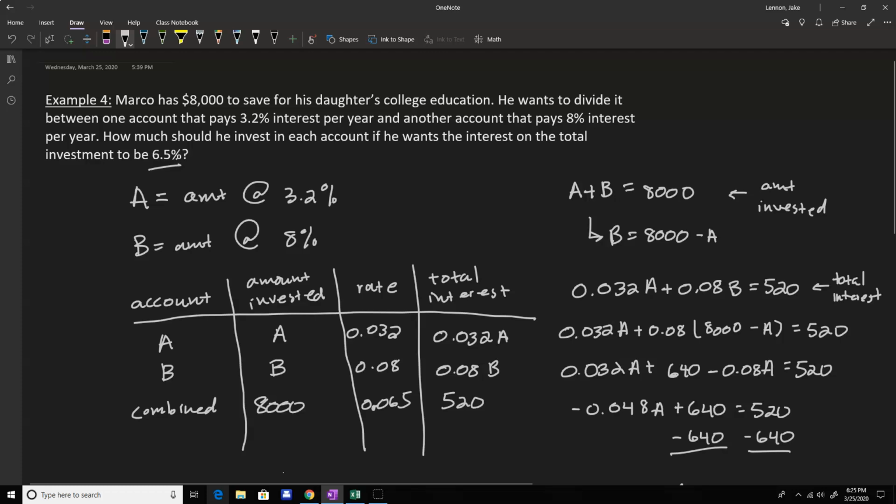We started out by naming our variables, then organizing the things into a chart, which typically had three rows, because we would have the separate things, and then usually they're combined in some fashion. Hence the mixture. We're mixing the two quantities to come up with a third quantity. From those, we can write down two equations. Once we write down the two equations, we need to combine them, which we were doing by substituting. Once you substitute, we end up with a linear equation with just one letter that we can go ahead and solve. So give a few of these a try and let me know if you have any questions,